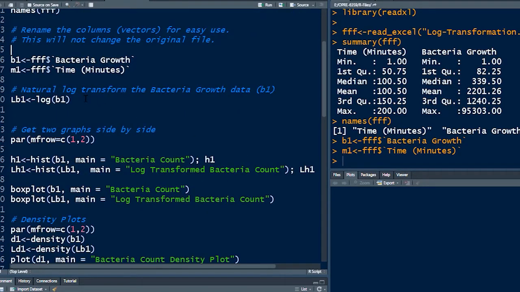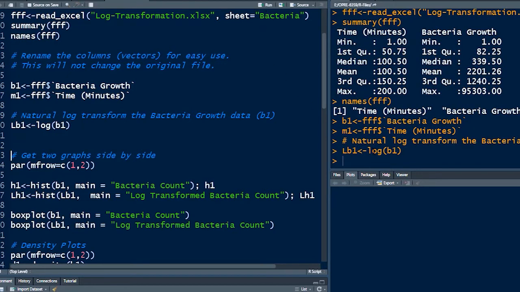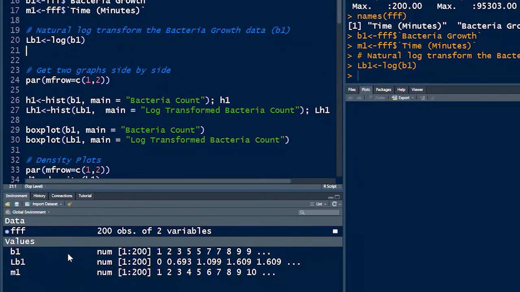So first of all, transform them into log. Once again, in R, this means base e, natural log. So let's just do this part here, run it, and I will assign this one LB1, log base e. And you can see here in the environment, we know what the variables are.